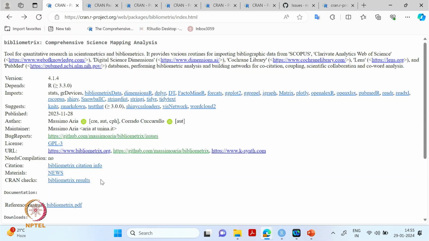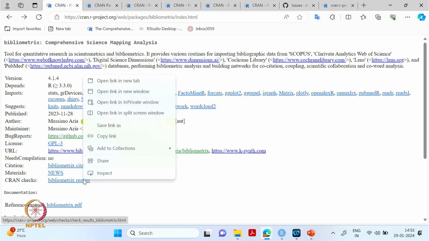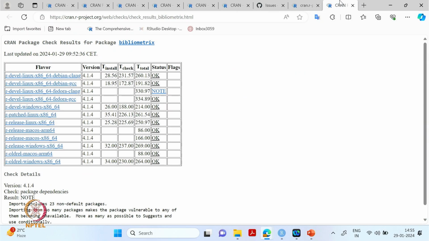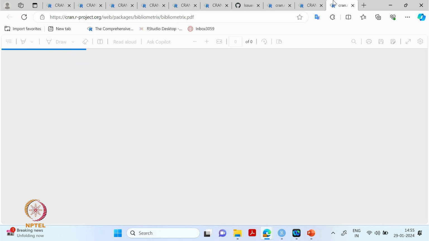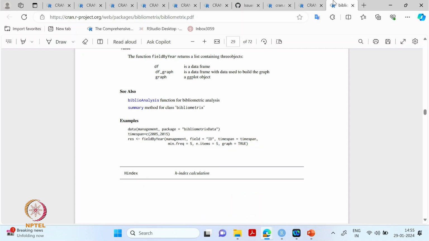Then the materials and the CRAN checks. Okay, so these are the CRAN checks. And then finally the reference manual, which is very important: how to use the package, how to call a particular function in that package. This is the whole reference manual. Each package has its own reference manual, telling how you can use the package, what the different functions are, and how you have to call them or do the analysis in that particular